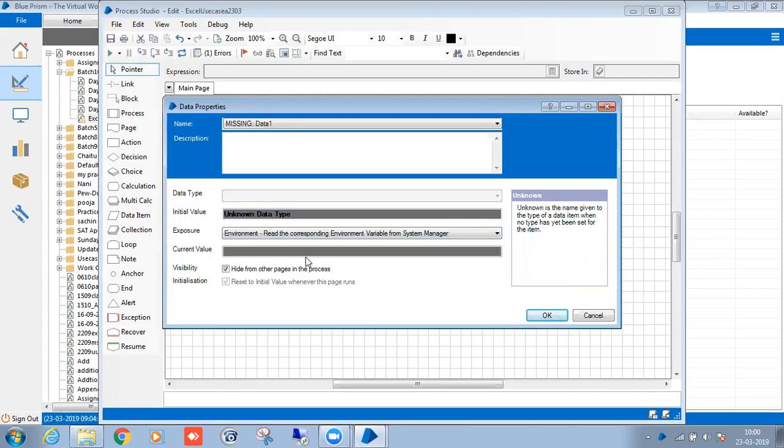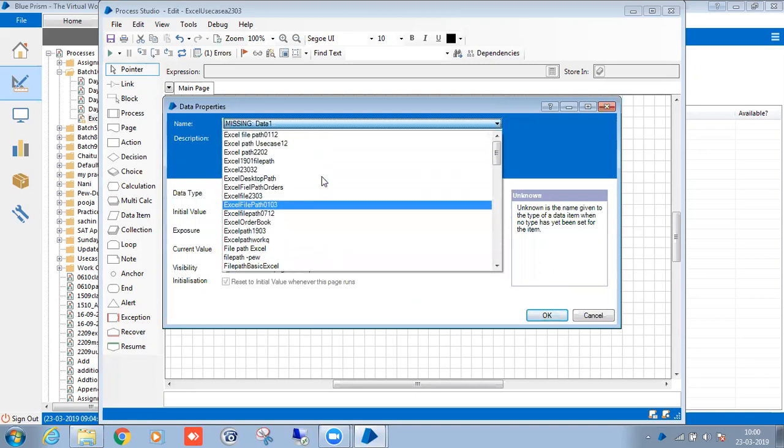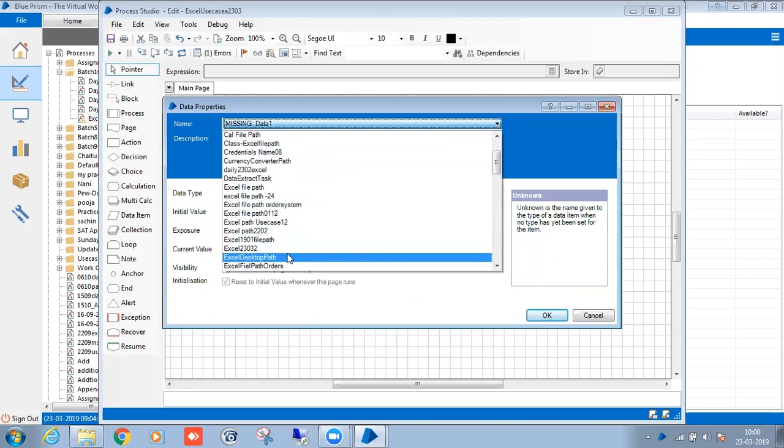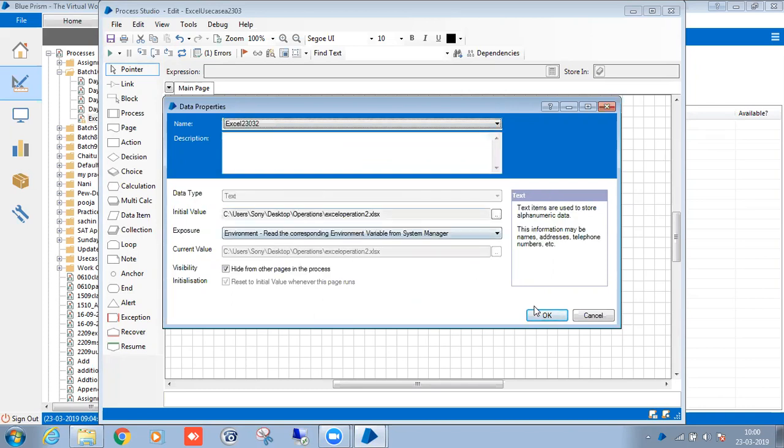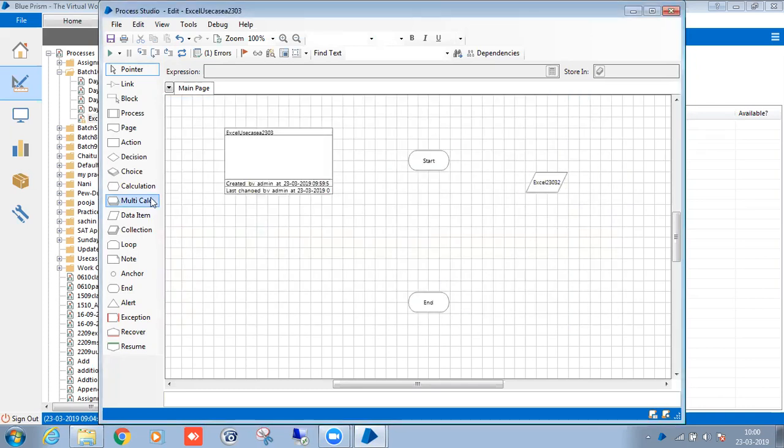So it's an environment variable. So the Excel file path should always be an environment variable. And one more thing: if you create an environment variable one time, that environment variable can be used for all the processes. Before, I had created the Excel file path, something is there, so you can see that one also here. So we are able to extract everything. This one we have created just now. Take it.